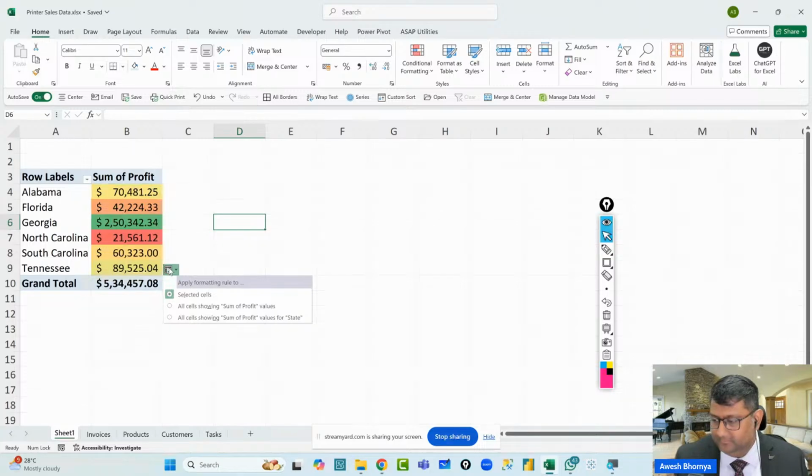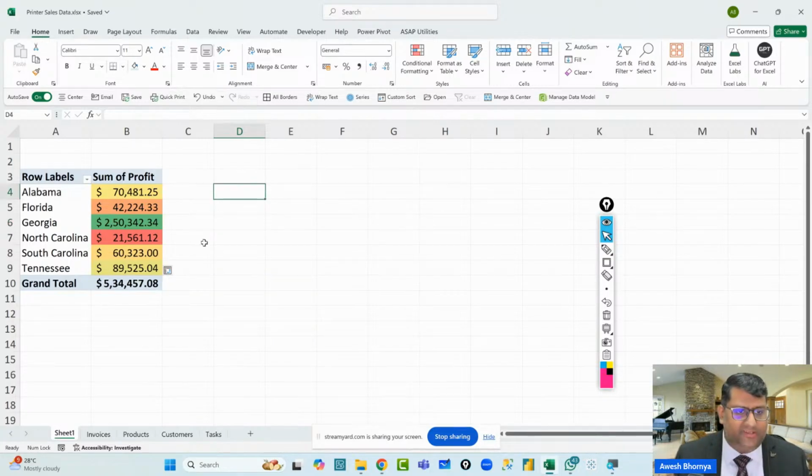Yes. Which is the state with the maximum profit and which is the state with the minimum profit? Give me the minimum and maximum values, please. Guys, please make it interactive and please put your answers in the chat.